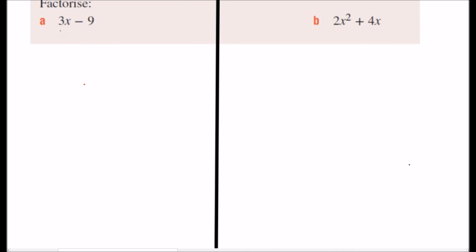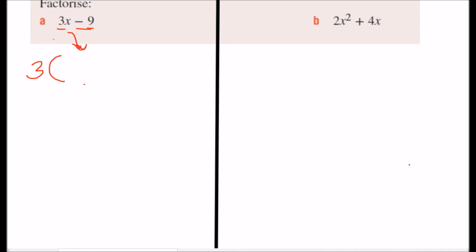So the highest common factor for 3 and 9, the number that can be divided into 3x and negative 9, would be the number 3. You can divide 3 by 3, and you can divide negative 9 by 3. So if that's the case, that number 3 will go on the outside, and then the numbers on the inside are the numbers that you've divided by, and that's the answer to it. So 3x divided by 3,